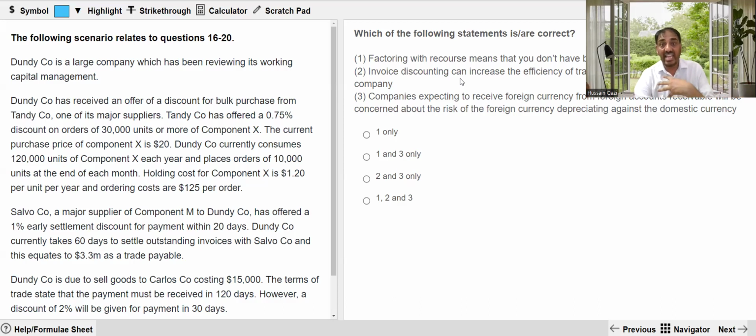So that means with invoice discounting, it's only to arrange the money. It's not about increasing the efficiency of trade receivable management. It's not increasing the efficiency. Efficiency matters